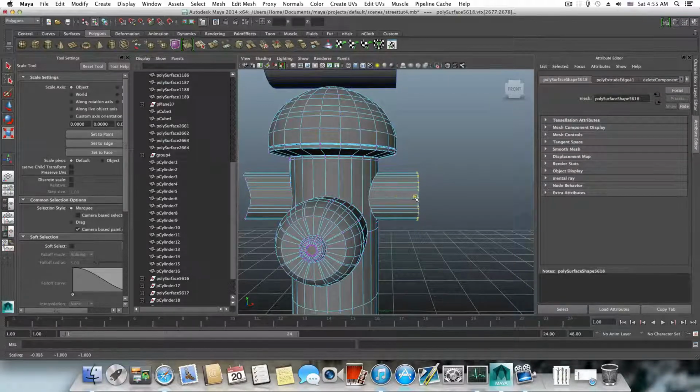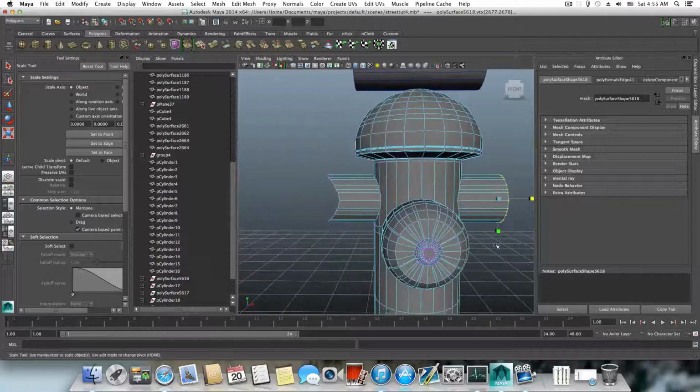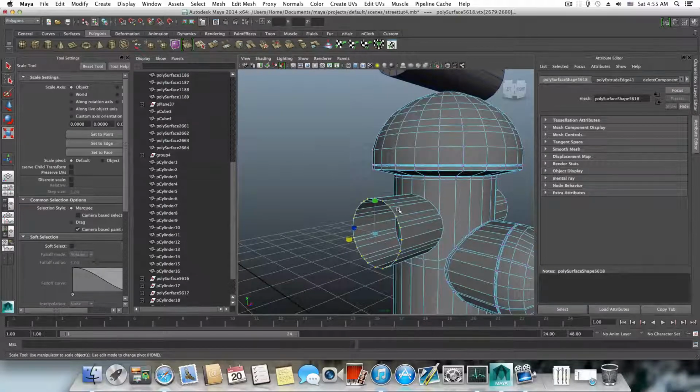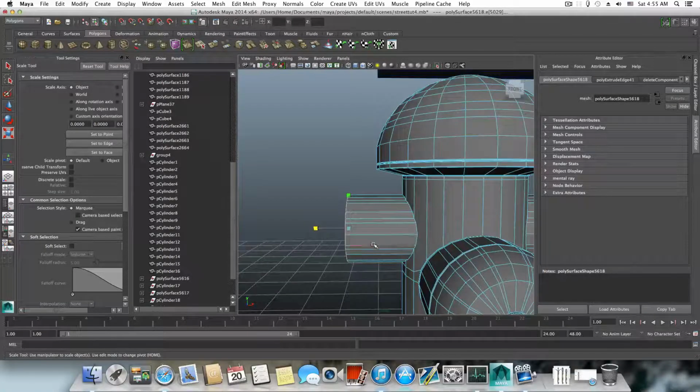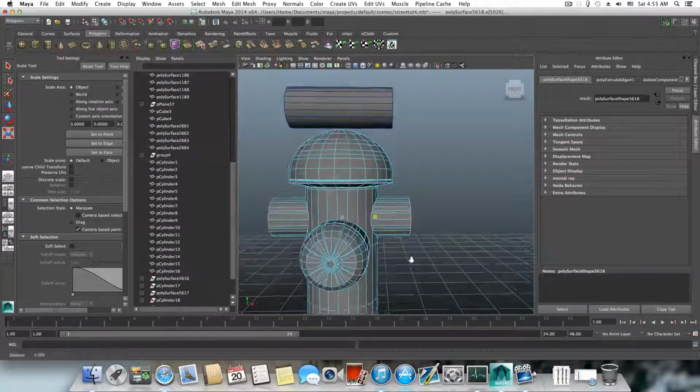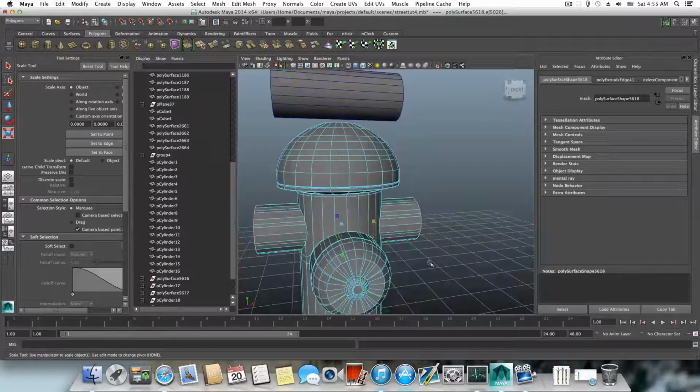Using the scale tool we will flatten this area and do the same over this side, and that's okay. Now right click, choose edge, choose this one, and you know what, maybe choose those also, but unchoose those, so we have those edges and those edges selected,